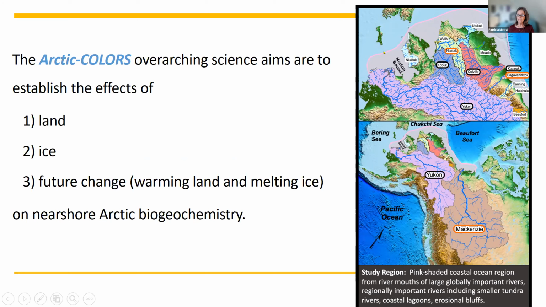And here on the right-hand side, if you can see my cursor, I'm looking on the bottom panel. In light pink is the domain or study region envisioned for Arctic Colors. And from the river mouths of both large rivers such as the Yukon and Mackenzie to regionally important smaller rivers, which is on the top panel at a greater magnification, onto this nearshore region, including smaller tundra rivers, coastal lagoons,